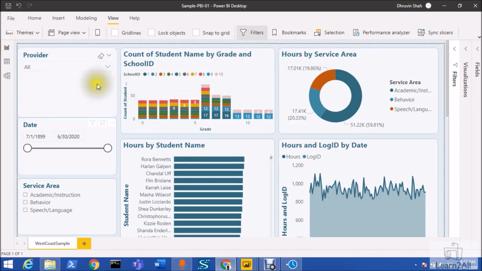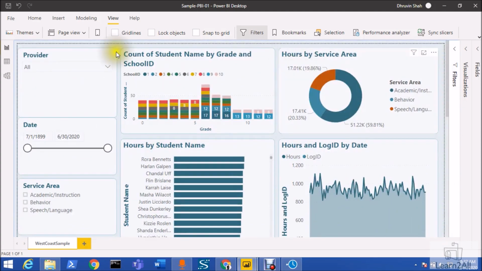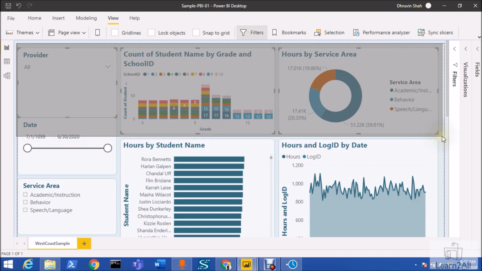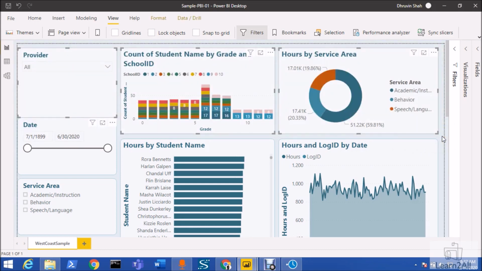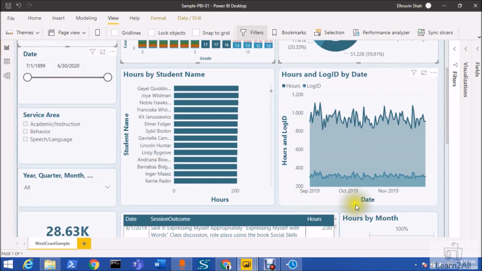Let's say, for example, currently this is my Power BI report, and now I want to select across these three visuals. How can I do that? Put your cursor on the canvas and drag over here. You can see that this rectangular lasso is being created, and the visuals available inside that rectangular lasso have been highlighted, and I have selected three visuals using this rectangular lasso.